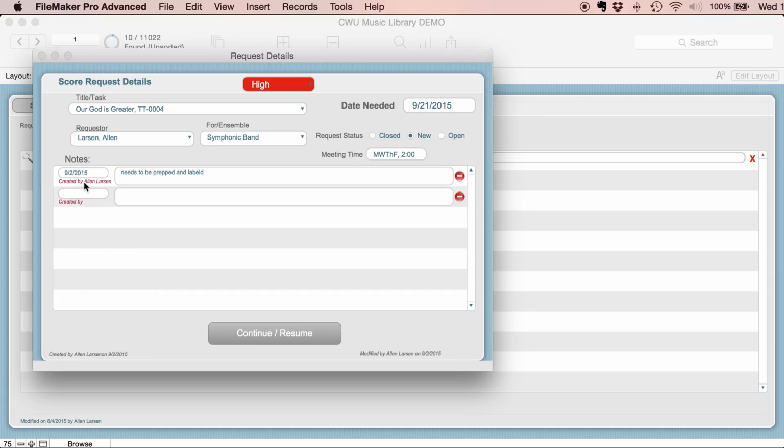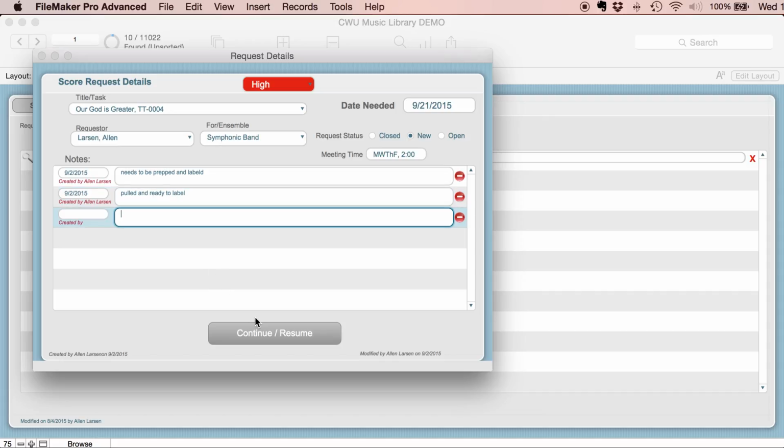Notice how it says created by Alan Larson? Well, that's because I was the one who created it. It's automatically putting that in there. You don't need to even do that. So I'm going to type in here, okay, pulled and ready to label. Hit enter, it gives it the date, says who did it,